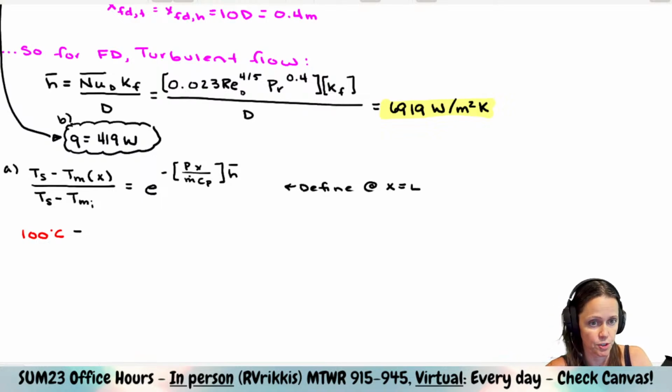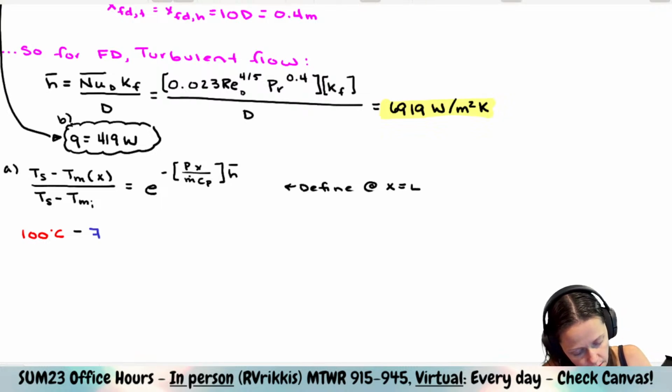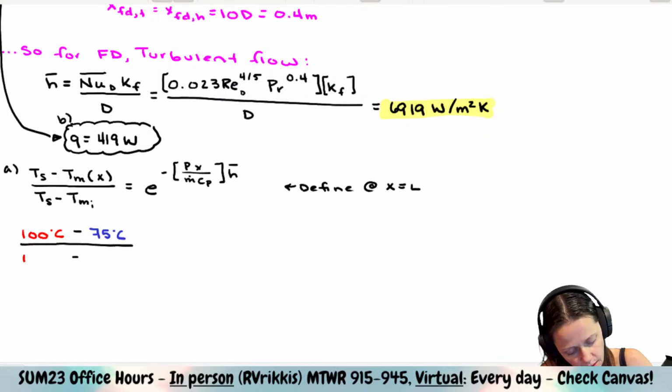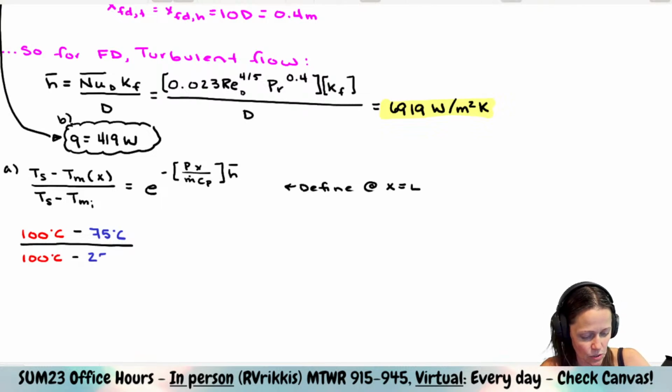So the mean temperature of the fluid at x equals L is my 75 degrees Celsius. And then surface temperature, still 100 degrees Celsius. And then my mean inlet temperature is 25 degrees Celsius. And then,